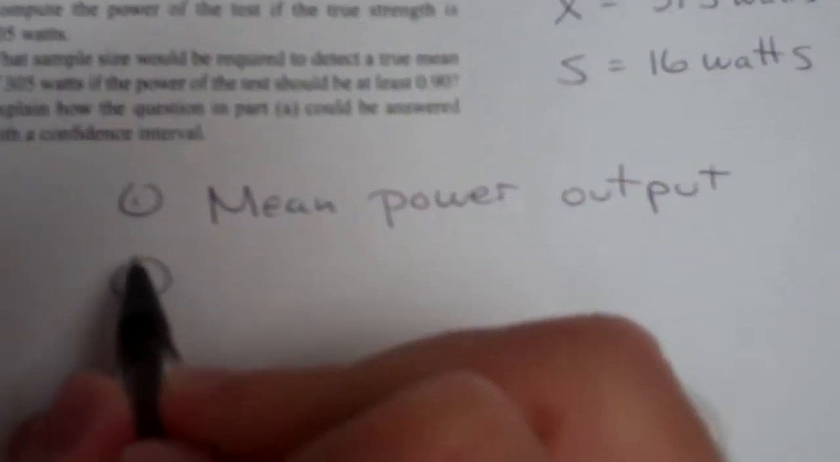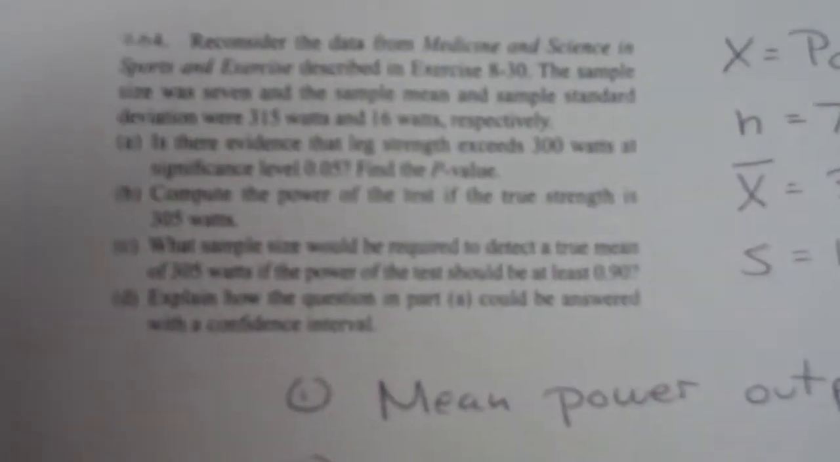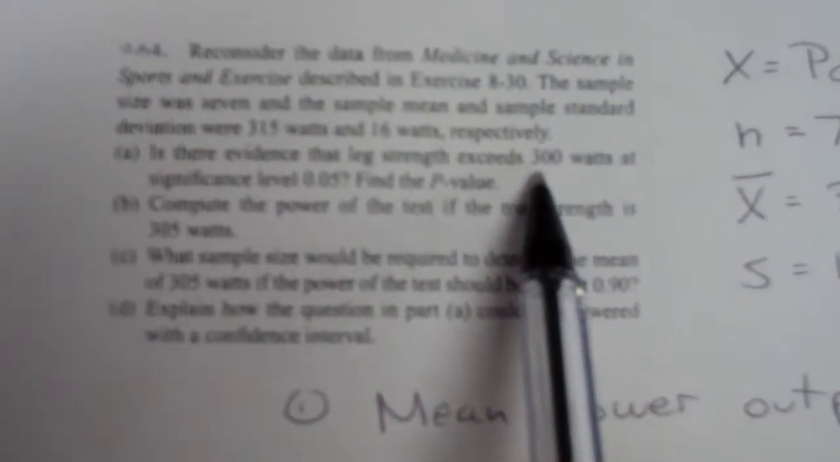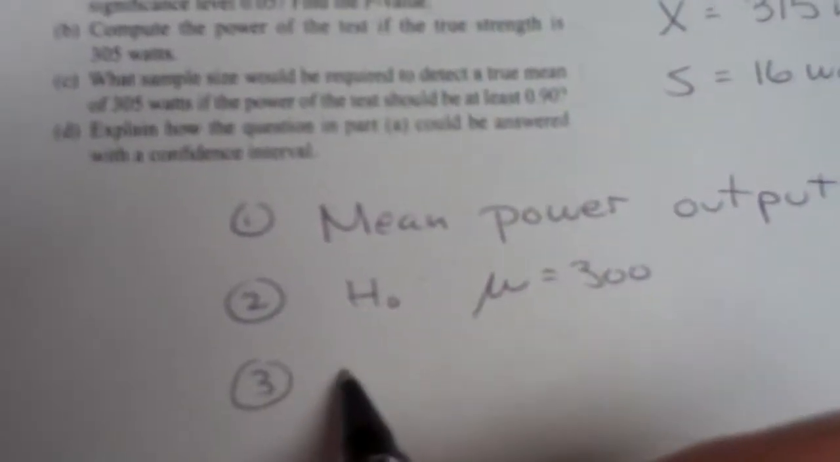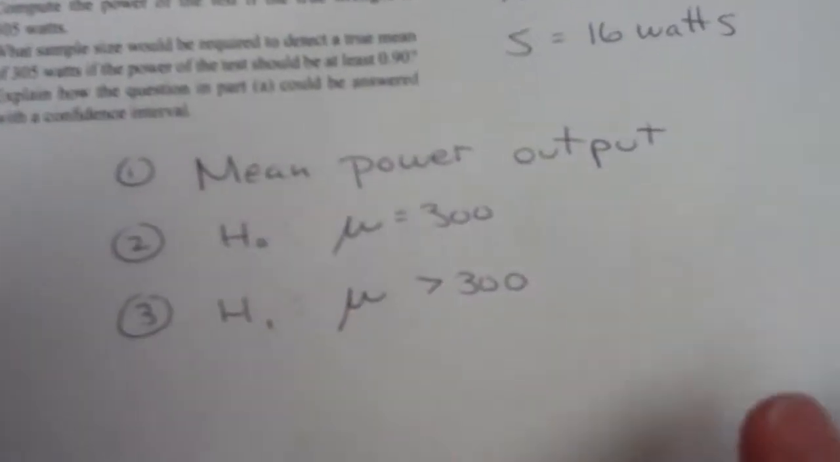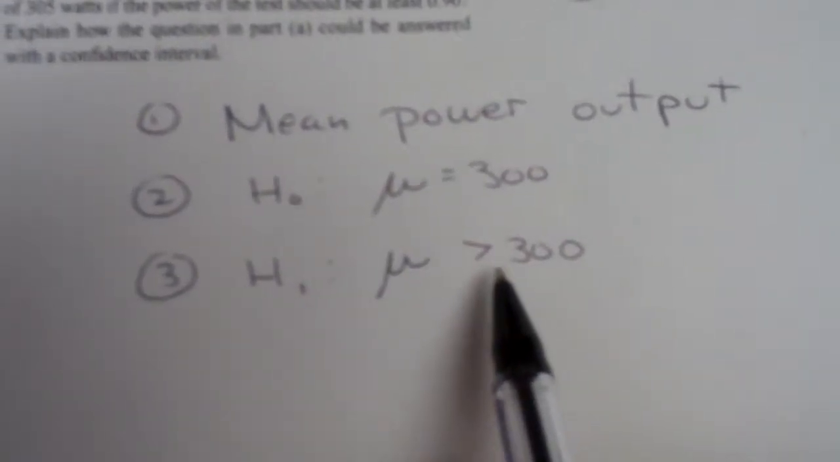And to take a look at the hypothesis that we're trying to assess, we're looking at whether the mean is equal to 300, or as an alternative, whether that mean is greater than 300. The question we're looking at just asks whether it exceeds 300 watts. It does not ask if we are not equal to 300, and so we're going to have a one-sided hypothesis